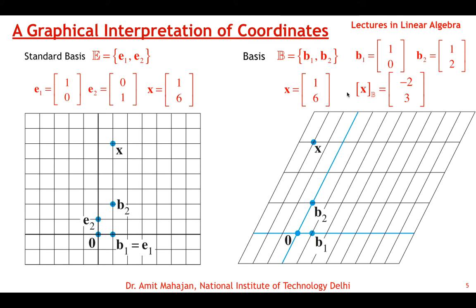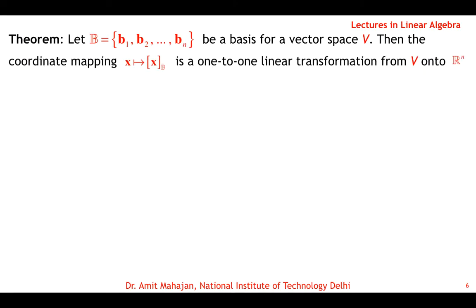So the b coordinate of x are the weights such that we can write x as a linear combination of the basis vectors using these weights. So it also tells us how much we have to move along the basis to reach the location of the point, okay. Now we take one theorem here, that